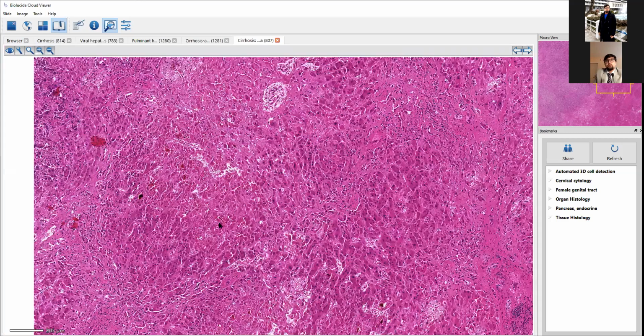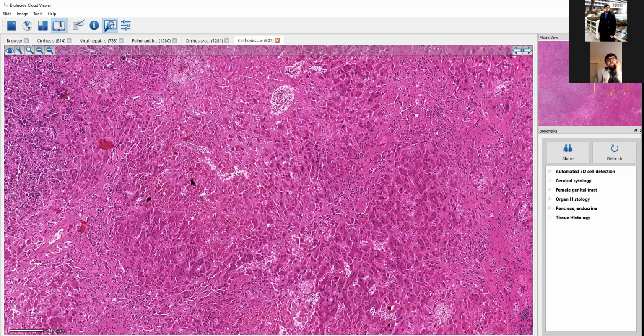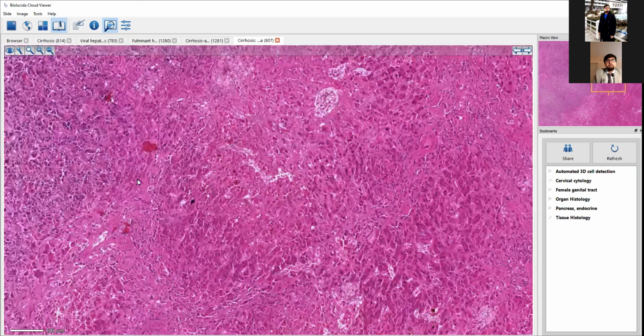Why do I say there's total necrosis? Because these cells here do not have nuclei at all. It is impossible to make out whether they are part of the fibrotic growth or part of liver growth, because you can see that they are of two different colors, but there are no nuclei. If there are no nuclei, then it is very difficult to understand what kind of cell it is. And not just that, the shape is kind of weird. It is kind of disproportionate. And the third thing is that you see the fibrous capsule here.